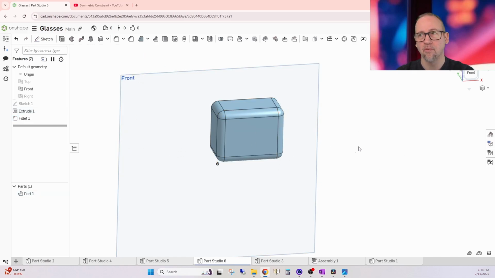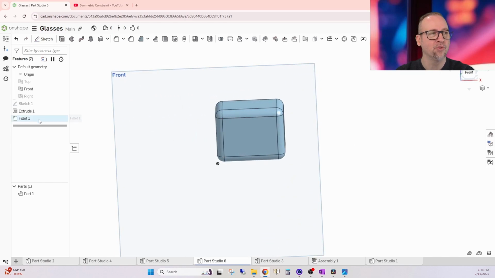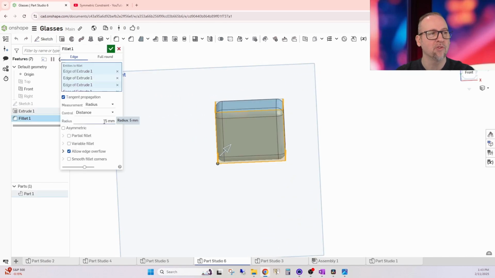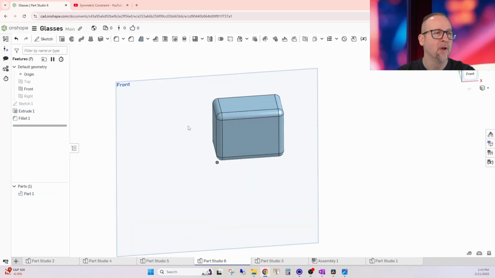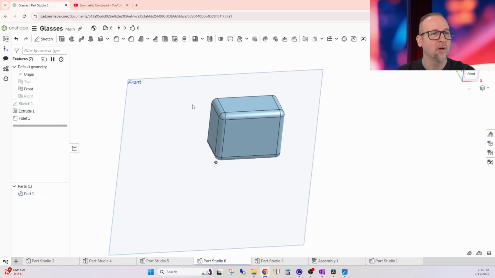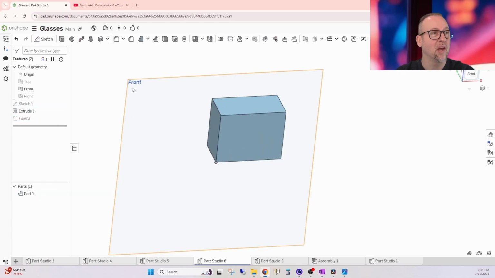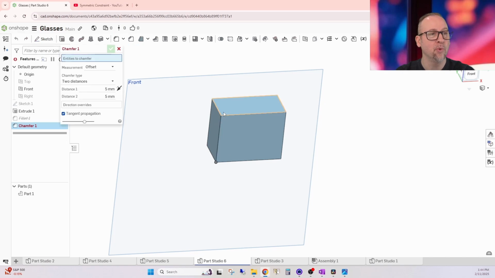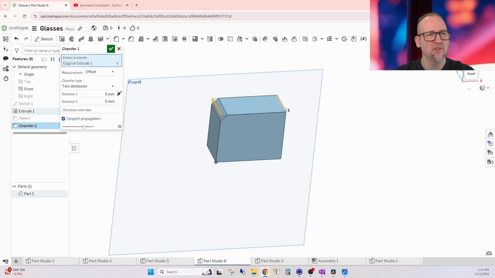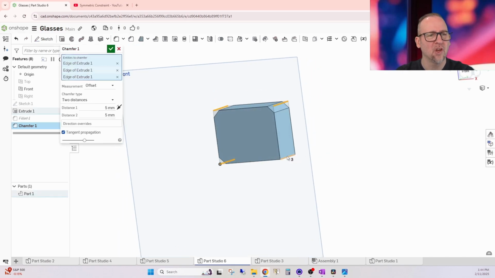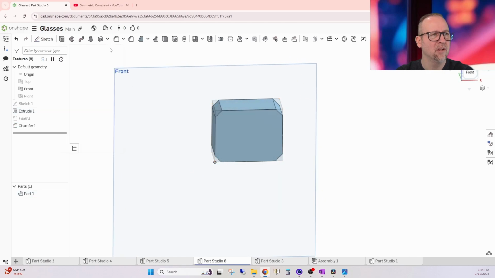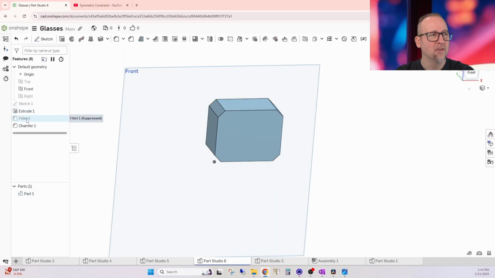And this is totally modifiable. So we can go back here, double click on that fillet, and we can say, oh, we wanted a 4 instead of a 5, or you know, it looks better before. Okay. So now let's say, oh, we didn't want a fillet per se. We can go in here, we can suppress this, and we can actually go and create a chamfer now if we wanted to. So let's say, oh, I wanted to chamfer this edge first. So chamfer these edges, okay, and then hit OK,